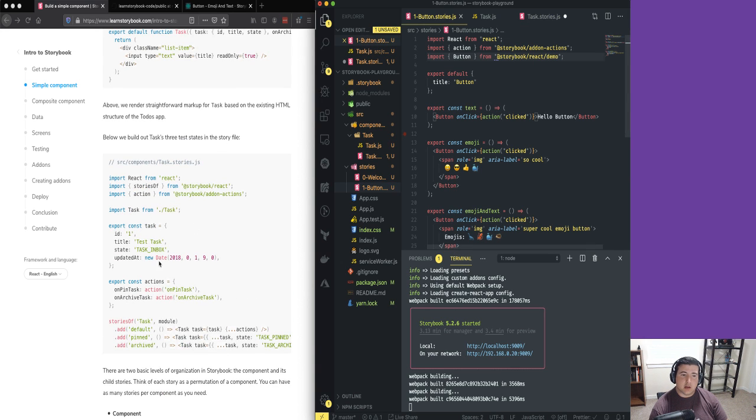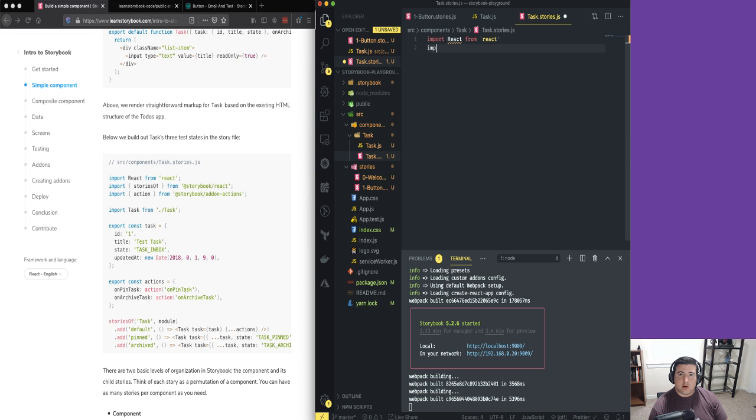This is the old way to do it, but we don't necessarily need to do that. So we do need action, right? And we need to import our component. So action from @storybook/addon-actions. And we need task from